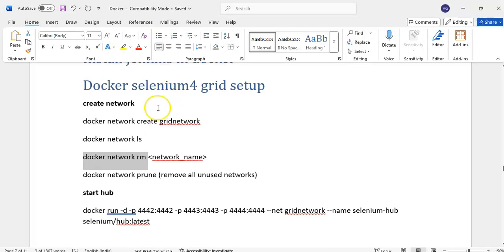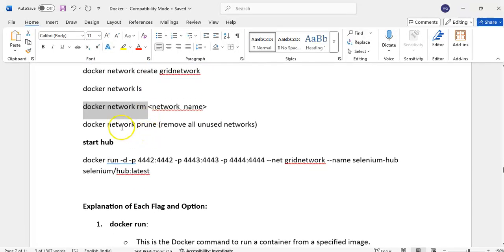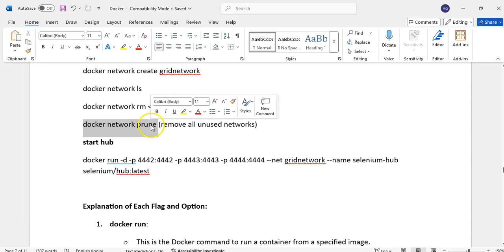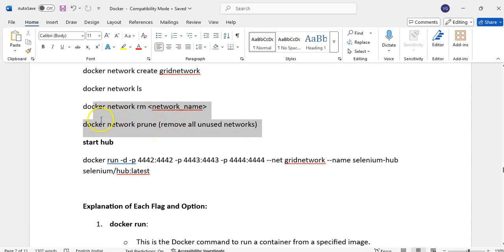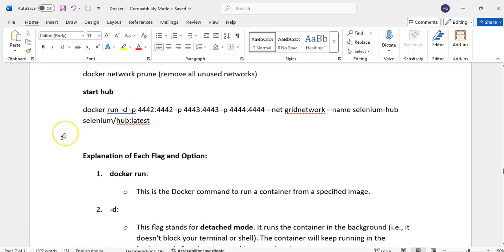First we can create the network. Then there is docker network prune, which removes all unused networks. If you use this prune command, it will remove all unused networks. Okay, first we need to start the hub. If you want to start the grid, first we need to start the hub. Here the command is